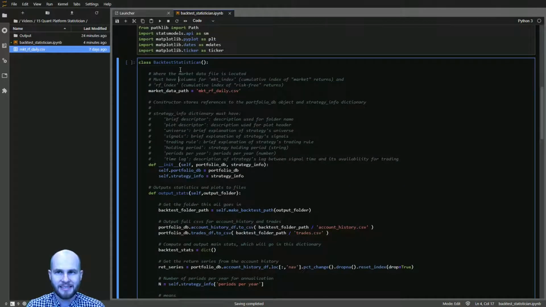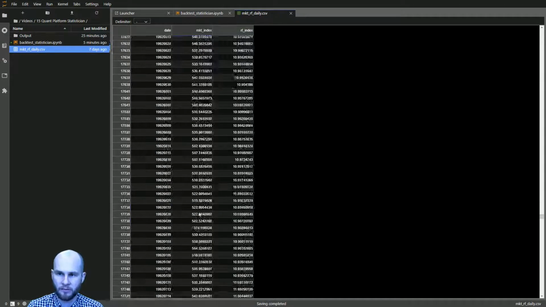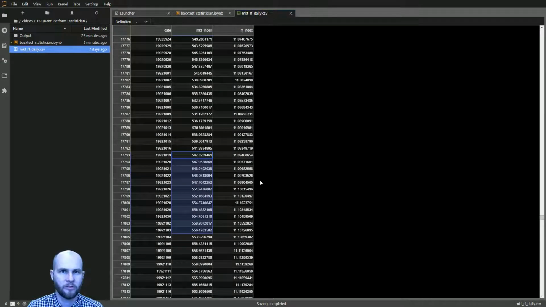Okay, in this backtest statistician class, we're going to need to refer to where a CSV file is called Market Risk-Free Daily, or MKTRF Daily. This is the file we're going to use when we need to compute betas for our strategy. Having a look at this file, I included it in this folder here. You can see that it's a very simple file. It has, for each date, the cumulative index for the market and a cumulative index for the risk-free rate. You can see if you go down to the end here, these are big values because this is cumulative compounded